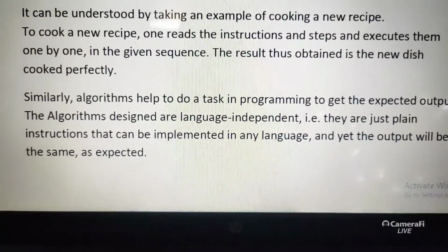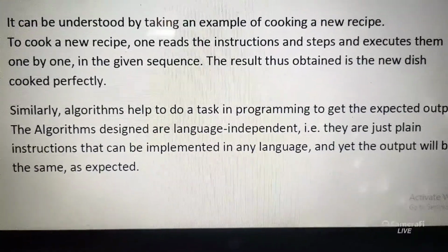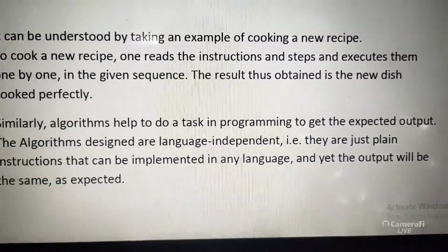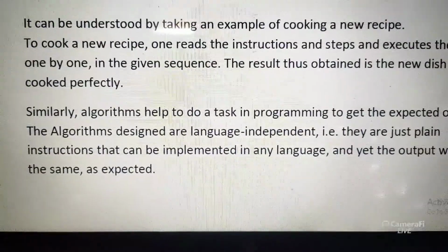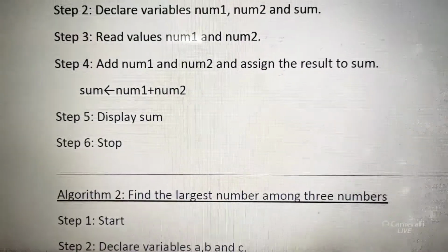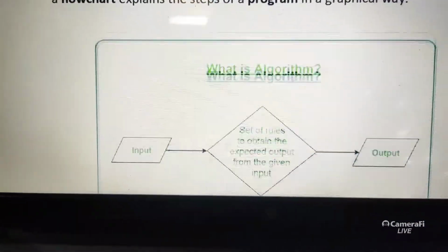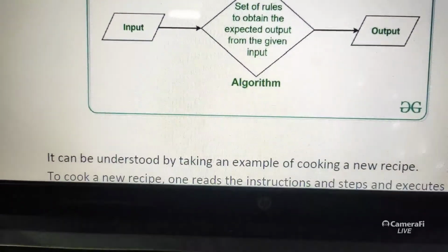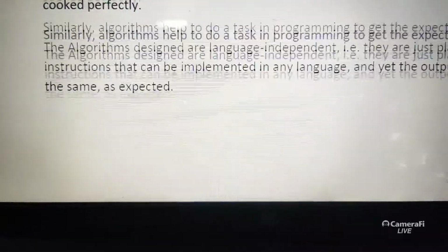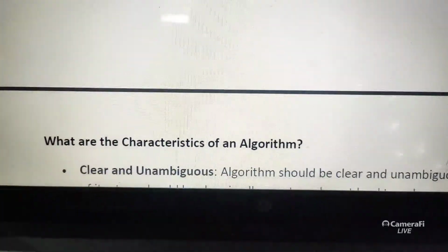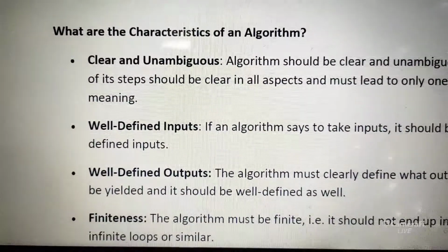An algorithm written in your own language, English or Hindi, can be translated to a program in C, C++, Java, any language you can use. There are certain characteristics of how an algorithm should be before solving the problem. You should not write more steps. It should be a very simple and easy process, so that it can be understood by any other person. If I write the algorithm, you can use the same algorithm and write the program.